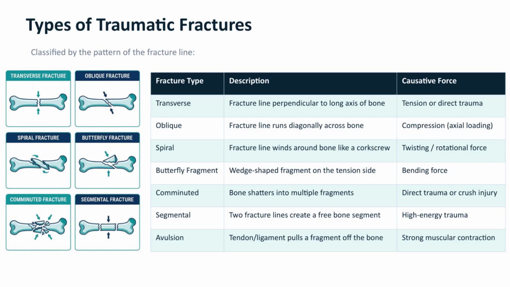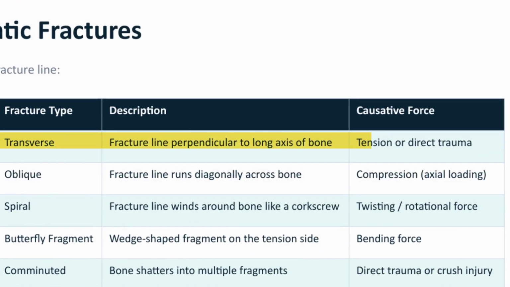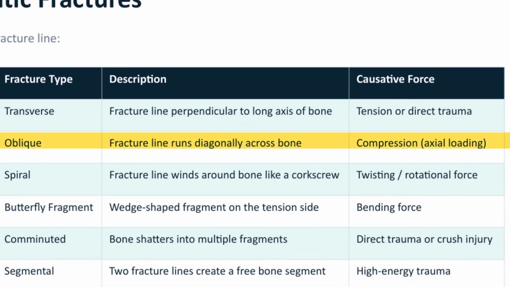Now that we've covered why fractures happen, let's dig into how they actually look, the different patterns a traumatic fracture can take. Based on the pattern of the fracture line, traumatic fractures are classified as follows. A transverse fracture has a fracture line perpendicular to the long axis of the bone, and it's caused by a tension force or direct trauma. An oblique fracture has a fracture line that runs diagonally across the bone, caused by a compression force or axial